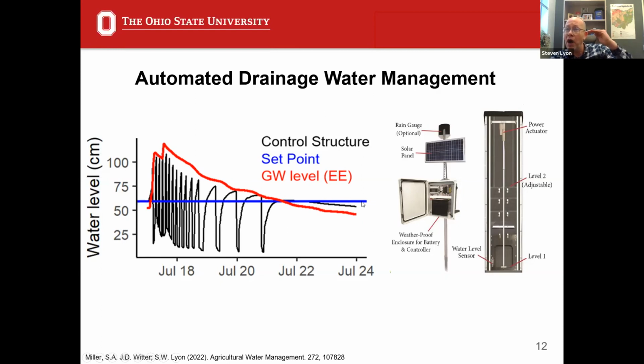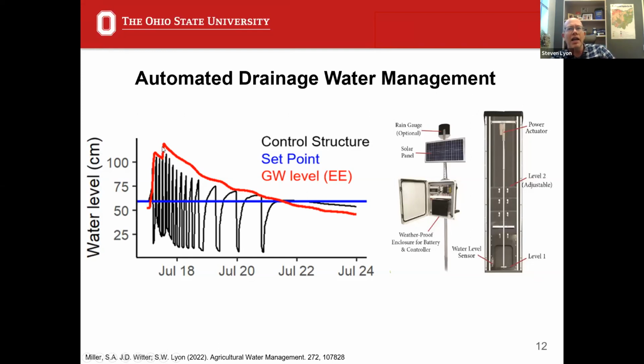That's the point where we say when the water table gets above this level in the structure, open the valve. And so the black line here that squiggles up and down, that's the water level in this control structure. So as it passes the blue line, the valve would open to pull it back down. And you can see that it oscillates back and forth after a rainfall event, slowly getting lower and lower, and that the amount of time where this valve comes open is changing as well. We see this response to our system. So this is how it's controlling that water level in the outlet structure.